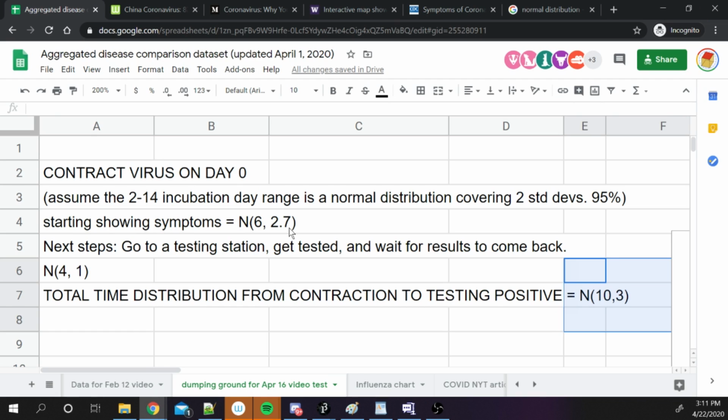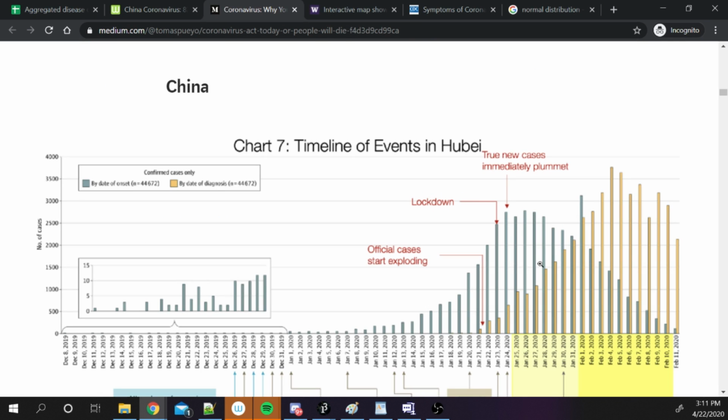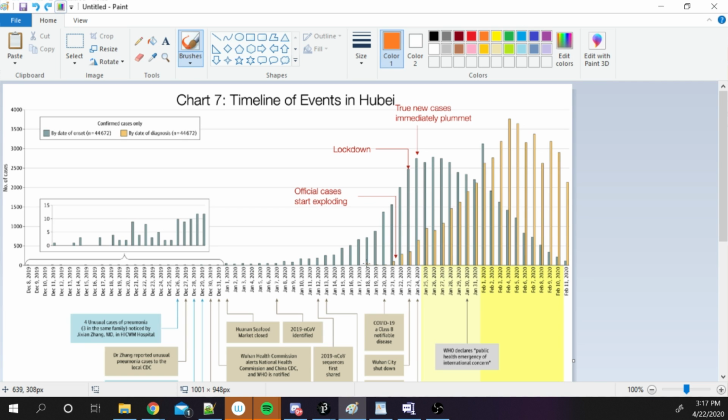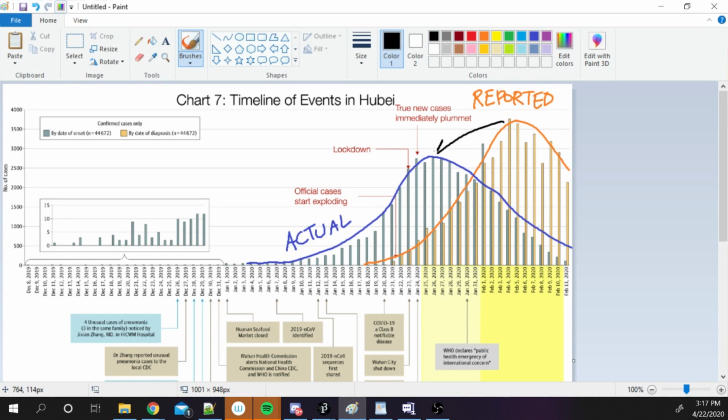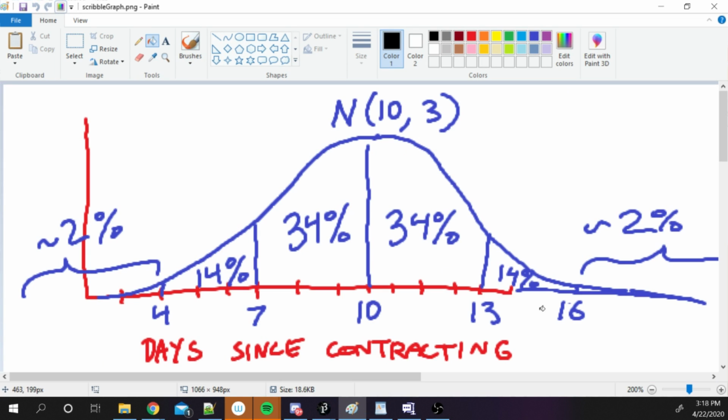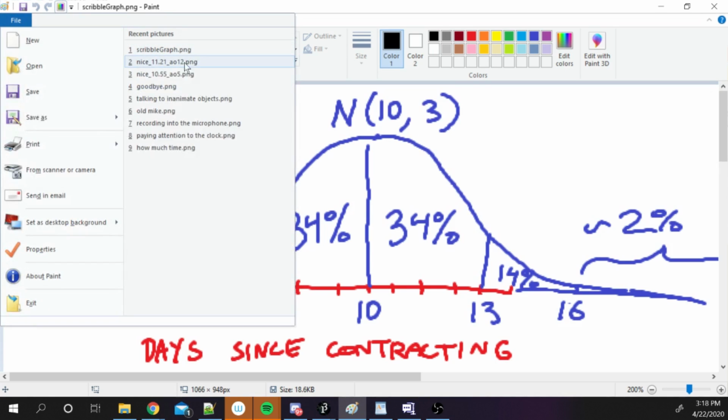Okay, so we've been riding on a lot of assumptions so far, but let's get back to what the purpose of all of this is. We're trying to find a way to just look at the orange graph as input and estimate the blue graph as accurately as possible from it. As a reminder, almost all countries have access to this orange graph, which is the number of reported cases of COVID-19. It seems like Hubei, China is the only place that has access to this blue graph, which is the actual number of cases. But we'd like to derive the blue graph from the orange graph using some mathematical model so that we can get the blue graph from everywhere. So now that I've talked about this normal distribution, let's use it on the graph to see what happens.